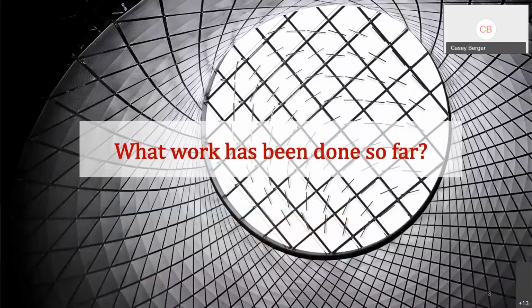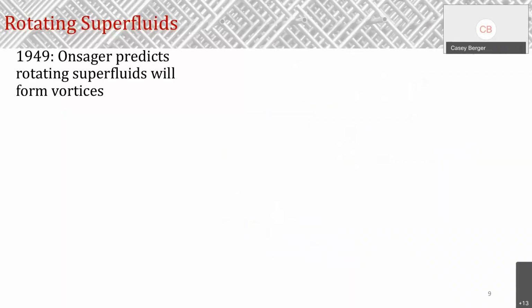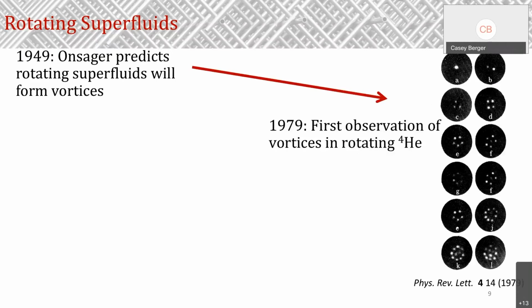Okay, so we've talked a little bit about what a rotating superfluid is and where you can find it in nature, but how have physicists actually studied it? Way back in 1949, Lars Onsager predicted that if you forced a superfluid to rotate, it would form vortices. And it took 30 years, but in 1979, this behavior was first observed in rotating superfluid helium-4. So you can see here the creation of these vortices, and the number of vortices actually increasing as the angular